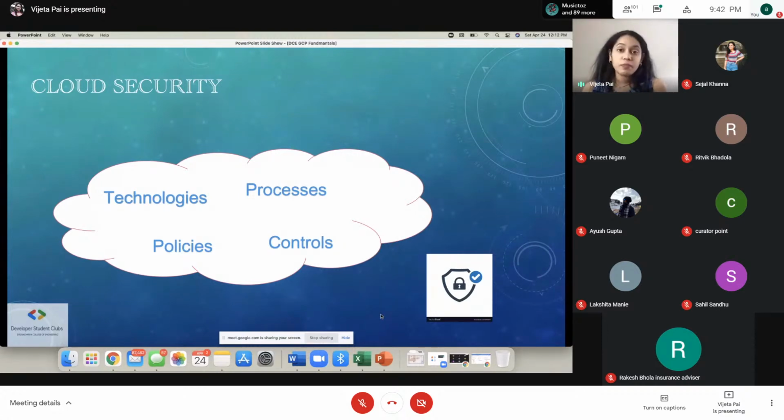So you don't only have to make sure that your external customers' data is safe, but also your internal employees' data is safe on the cloud. Because if anyone gains access to your particular password or username, for example, they can misuse it. So this is what cloud security is about. There are different models using which you can understand the kind of threats you have to your applications, and how to take care of those threats. I'm not going to do a deep dive into that, but I'm just going to gloss over very quickly so you people know what cloud security is about. This is extremely important when you want to think about cloud or even when you want to move on to the cloud.